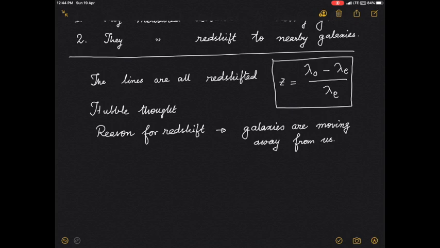Okay, so if you think of that reason, the galaxies are moving away from us with a velocity v,